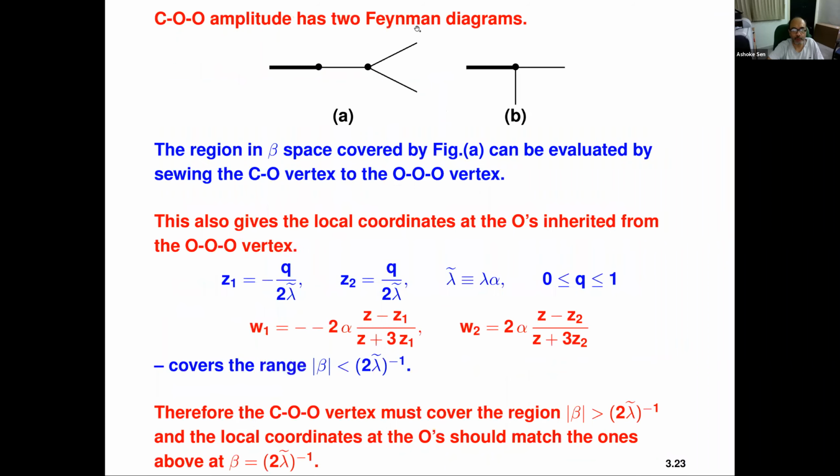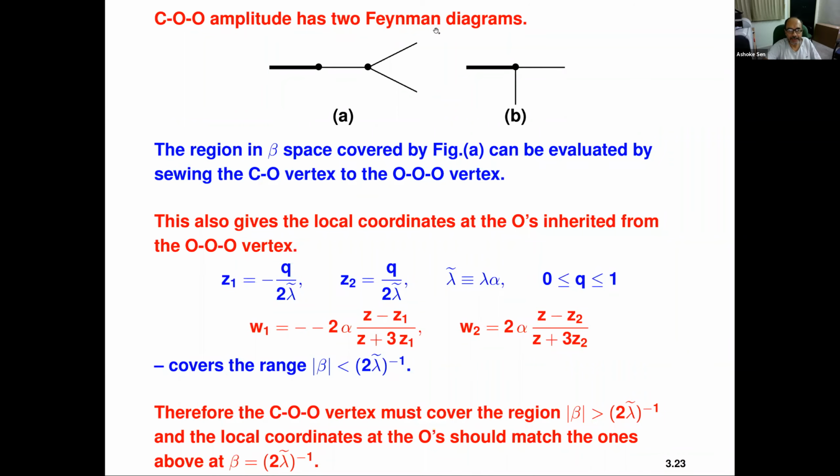So here is the COO amplitude. Okay. So in the convention that you're using, where the internal lines are on the open string, this has two Feynman diagrams. One is this, and the other is a contact interaction. Now here, this of course you can compute, because the CO vortex you already know, and the OO vortex you have already introduced. So you can evaluate this diagram and figure out which region in the beta space is covered by this diagram. And indeed, the Q goes to 0 limit corresponds to beta goes to 0 in this diagram.